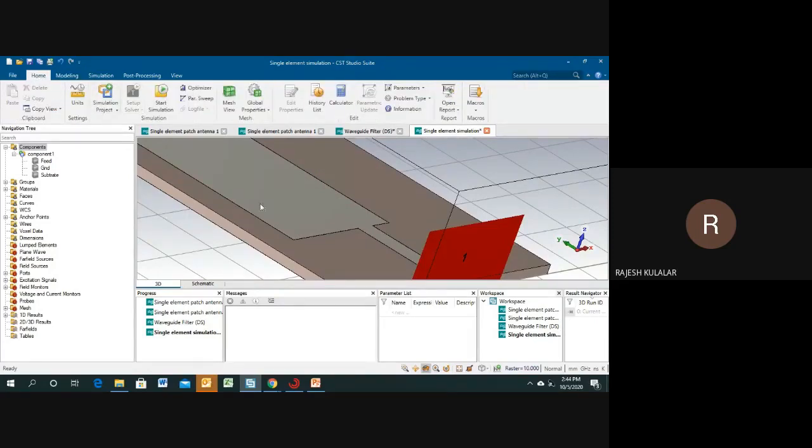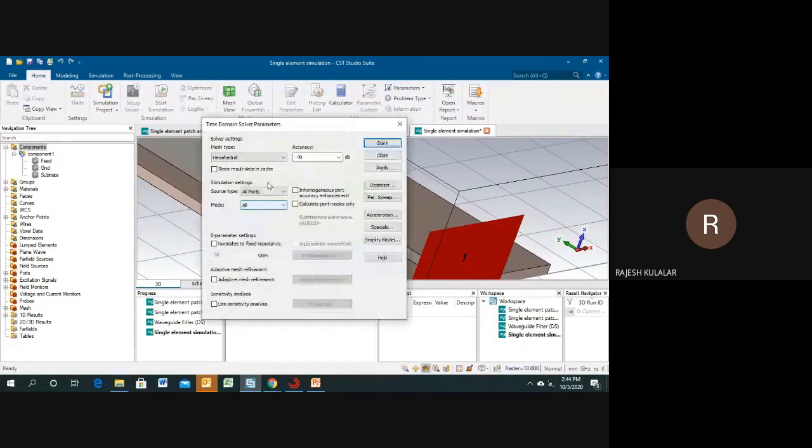So we can check here what the setup solvers are. Let's suppose this one is the hexahedral meshing type, and this one is the hexahedral TLM. Generally we don't use the TLM because it is dedicated to EMI, EMC and cable simulation. So generally we use the hexahedral simulation.